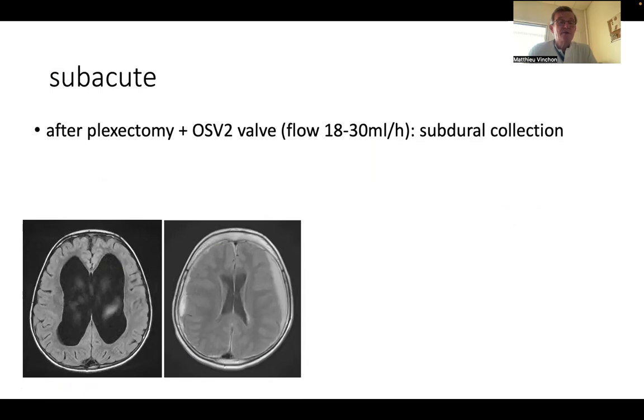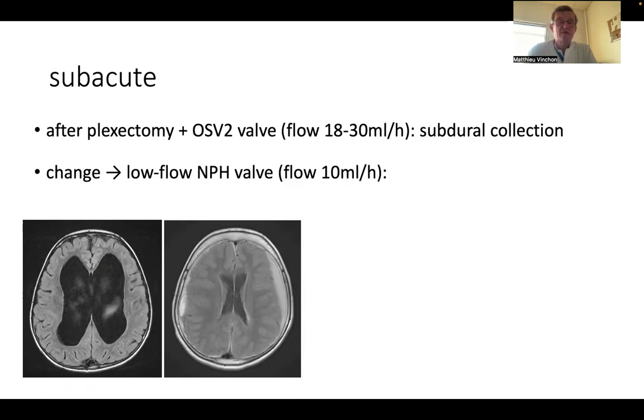Then it can be subacute, like in this patient who had a post-tumoral hydrocephalus, and she needed a plexectomy because of complicated history. And then we put a standard OSV2 valve with a flow of 18 to 30 milliliters per hour, which caused subdural collection. So we